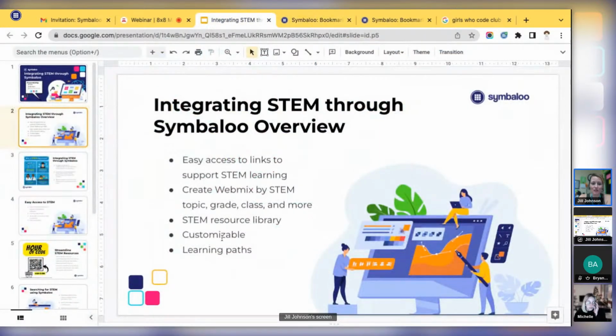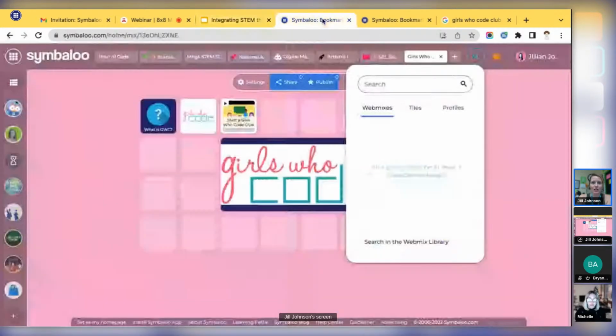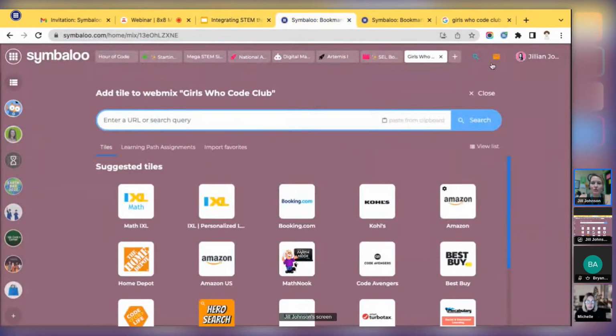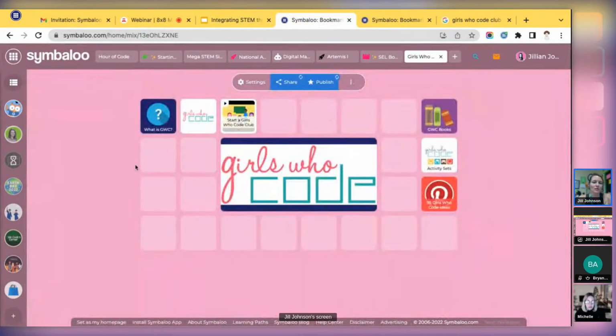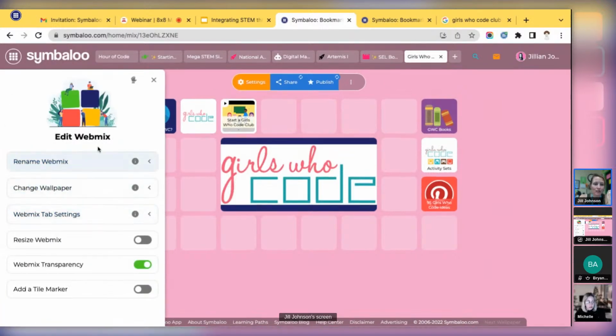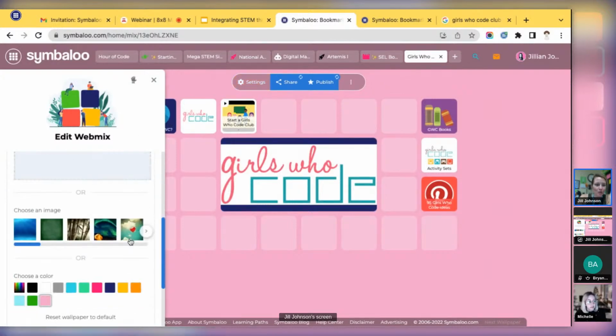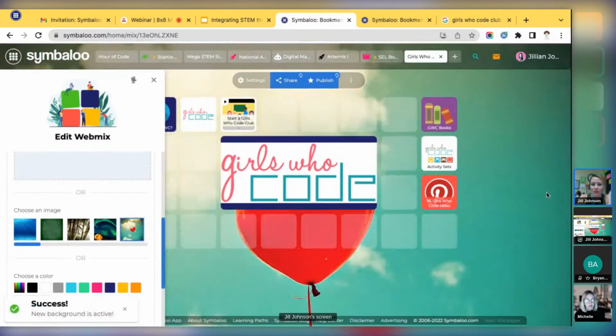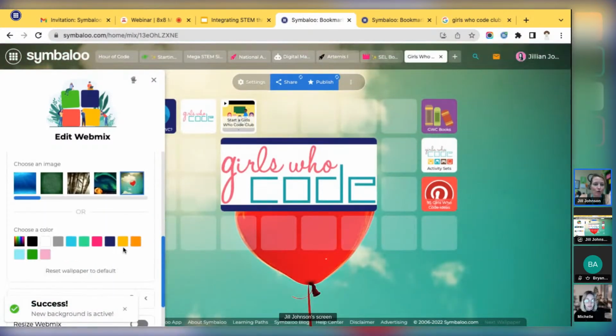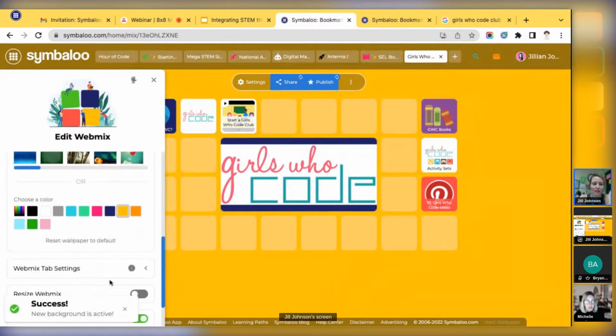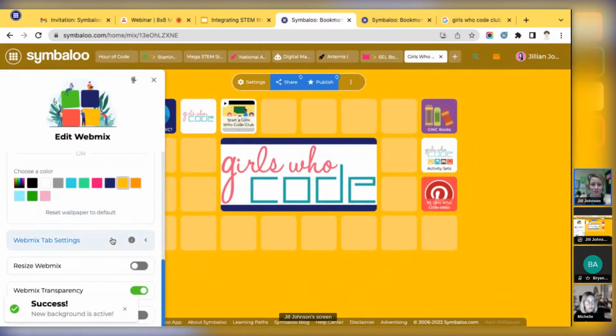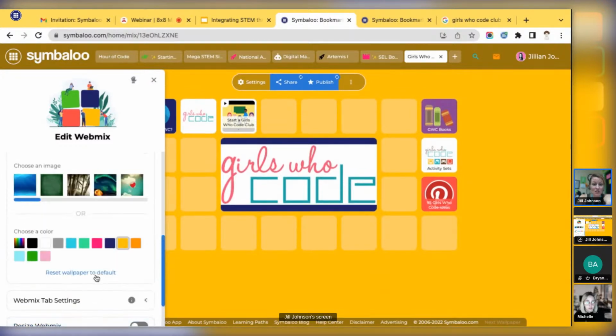And yeah, it's customizable, as I've already mentioned. If I want to change the background, so it's not pink for Girls Who Code, maybe I want it to be blue. All of these things to customize and personalize it are very, very simple to do. It's literally just a matter of going to the settings and being able to change your wallpaper. Maybe I want an image for the background, or I don't want that pink color. You can see how quick and easy it is for me to change those things, which I love,